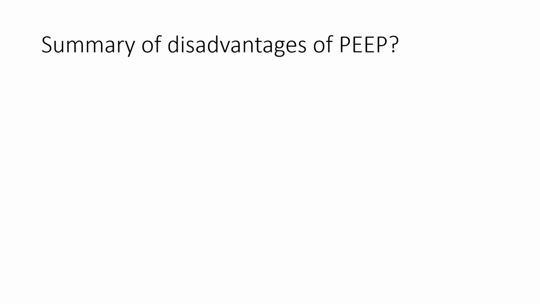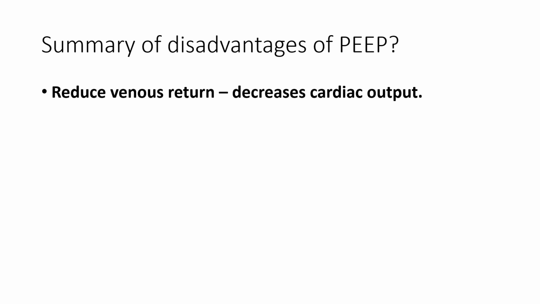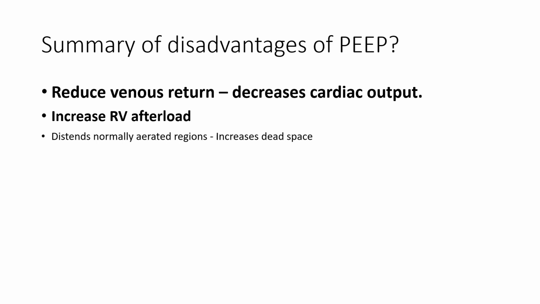However, PEEP is a double-edged sword and it can cause problems as well. Most important, it reduces venous return and thus decreases cardiac output, and thus can cause perfusion problems in other organs. It increases the RV afterload, so in patients with acute RV failure, be very mindful of PEEP. It also distends normally aerated regions, thus increases the dead space component, and it can worsen gas exchange and tissue perfusion. It can elevate ICP, so once you are using higher PEEP, watch for elevations in ICP, especially in